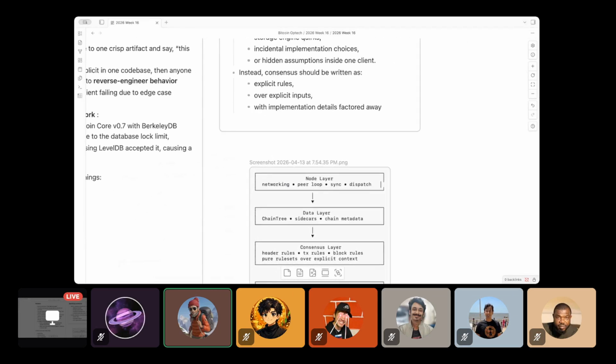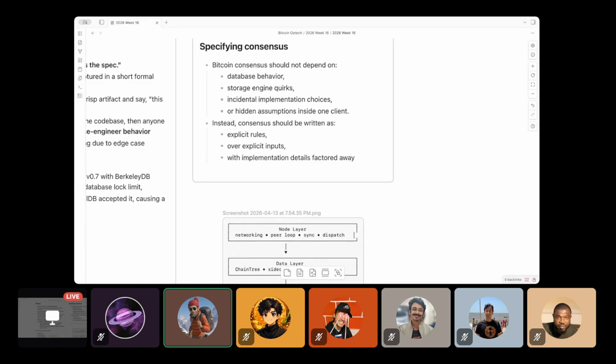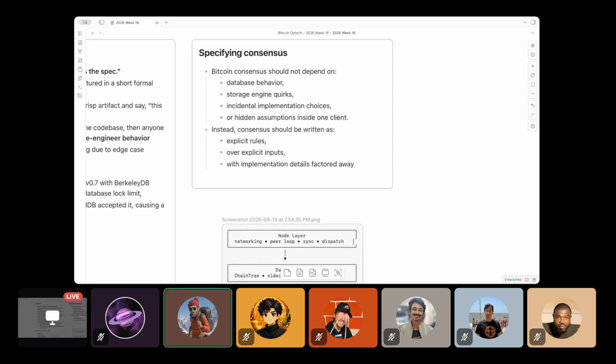Given this is the problem, what do we do? We have to specify what consensus is. So Hornet tries to do that. Before specifying what consensus is, we should also try to define what consensus is not.